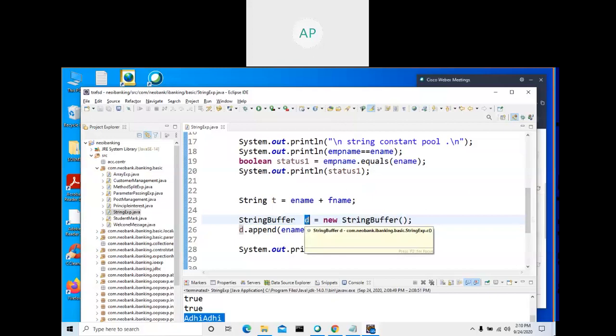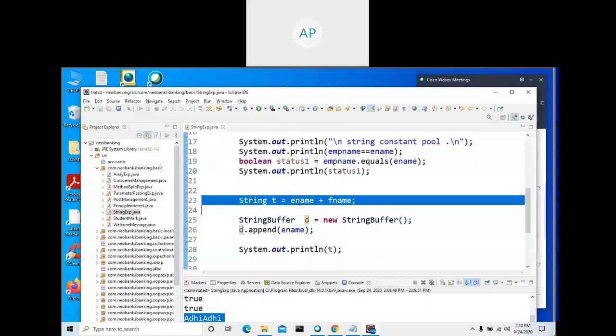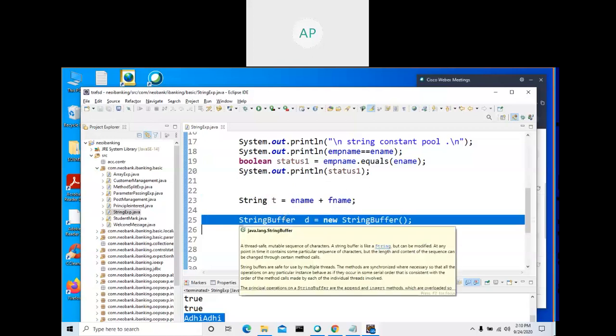So when you want to join two strings, you can better use string buffer. This is the better approach. You get a lot of tutorials on this in Google. When you want to concatenate two or three strings, or add a new character to the string, better use string buffer rather than string, because with string it will create a new memory space.